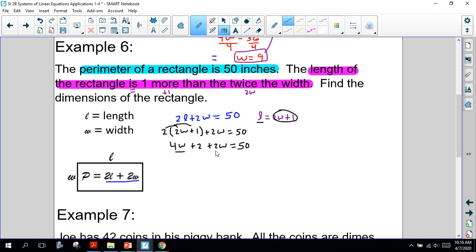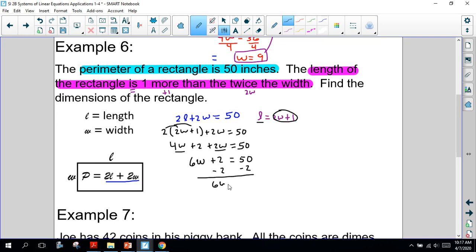I've got like terms here again. So I look at my 4W and my 2W. Since they're already on the same side of the equal sign, I just simply combine them together. The 2W plus the 4W is 6W. This plus 2 just comes down, and then the equals 50. Well, to solve this here, we're going to subtract 2,